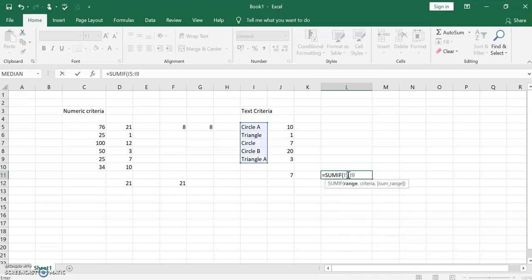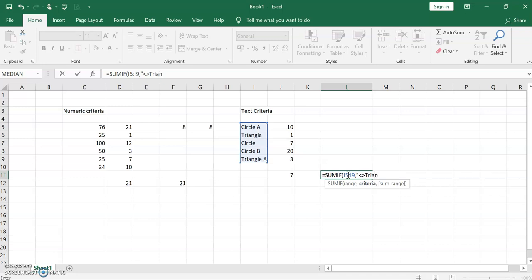I have taken the range from I5 to I9, and I'm just giving the criteria. I don't want any numbers which contain, right? The criteria is triangle. So any cells that contain this criteria called triangle.